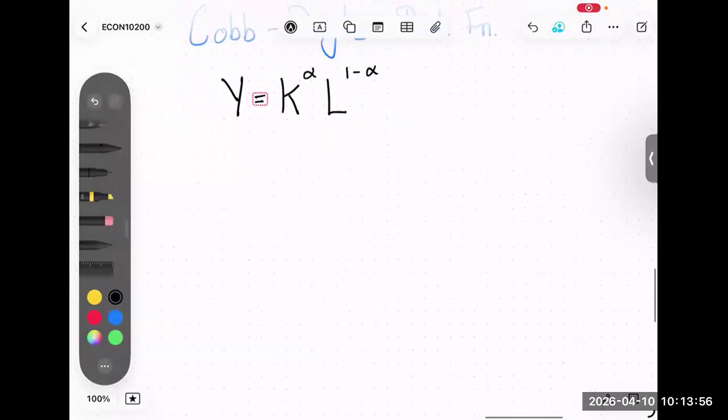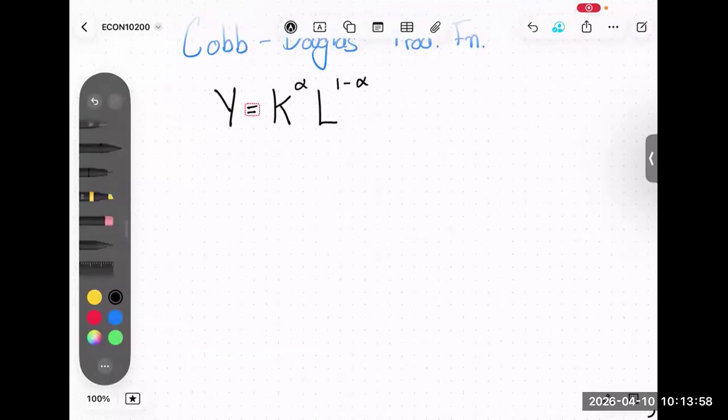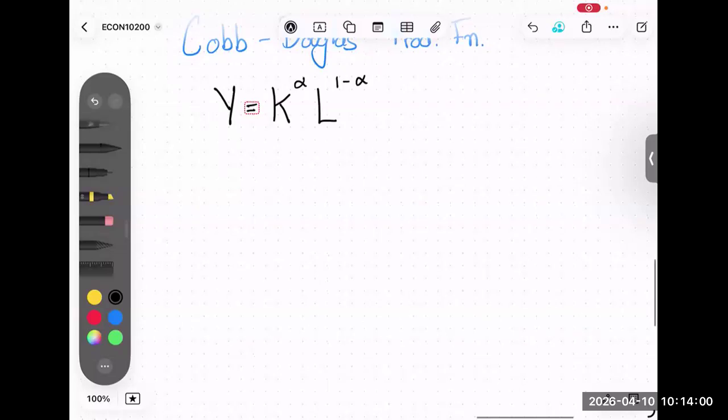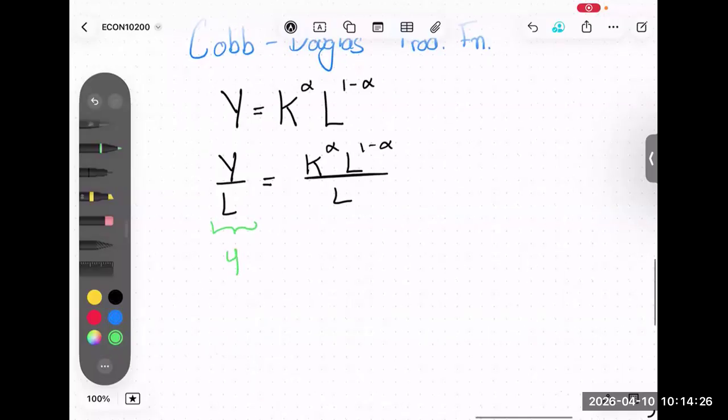divide both sides of this equality by the number of workers. In particular, on the left-hand side, what we will have is the GDP, or the product, divided by the number of workers, and on the right-hand side, we have the exact same production function divided by L. By definition, what we are going to say is that Y over L is lowercase y,